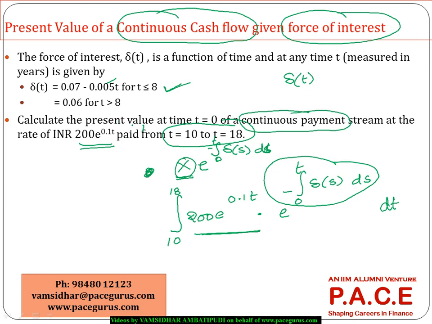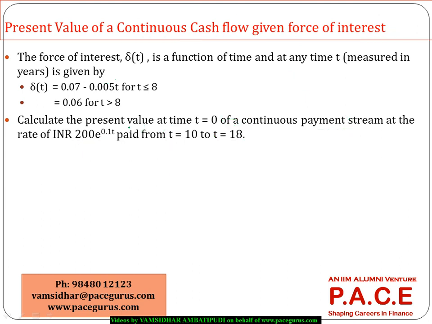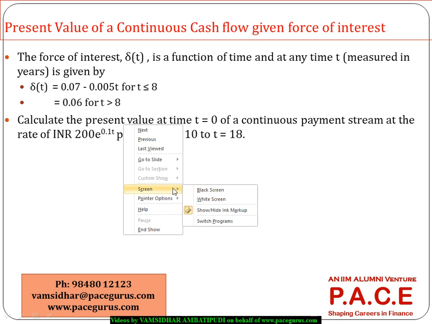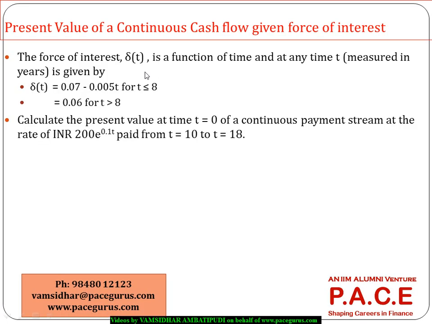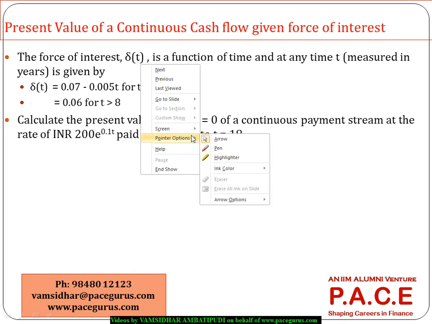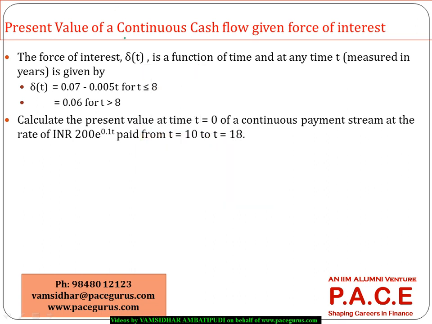right now I'll take a fresh sheet of paper to work this out. If I go for a blank screen, or probably a white screen, alright, let me write it here itself. So the integral from 10 to 18, I'll write it step by step: 200 e power 0.1 t into e to the power of minus the integral, which I'll take from 0 to 8, of 0.07 minus 0.005 s ds,